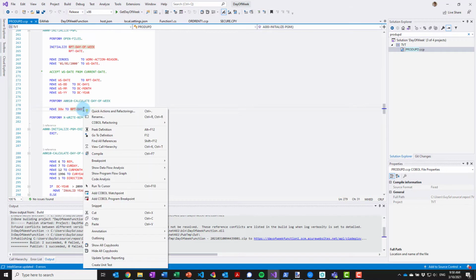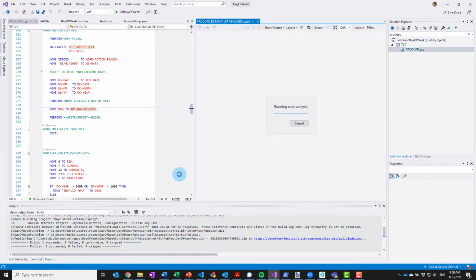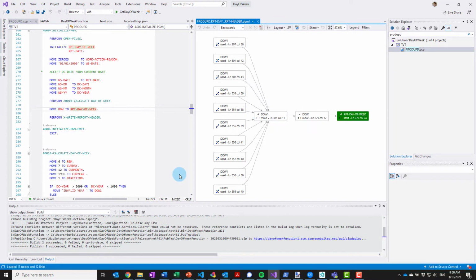And now a cool useful feature that we added for 7.0 is the ability to visualize how this data is being calculated. So here's a data flow graph that will show exactly how we got the result to report day of the week.